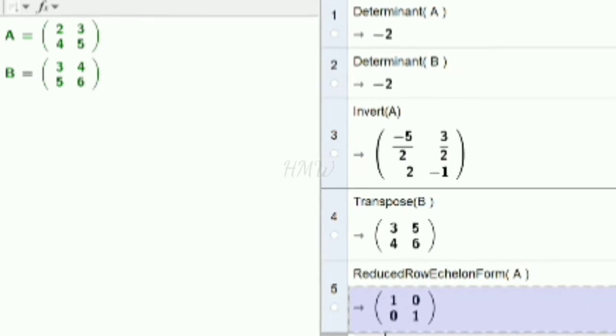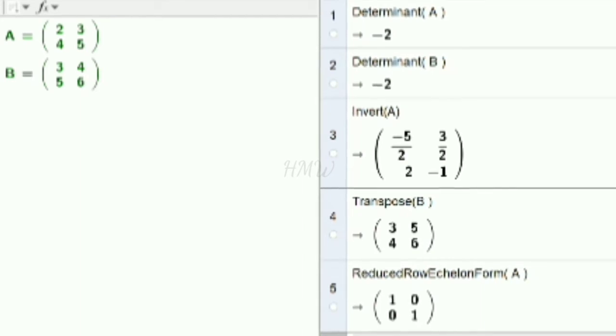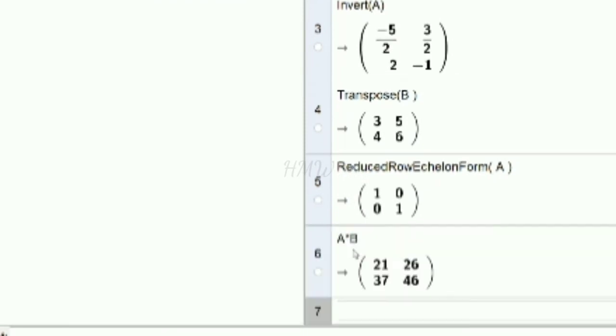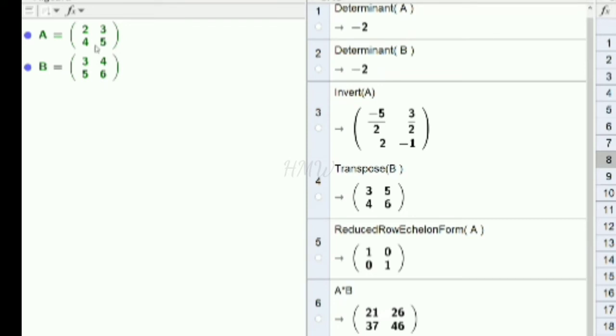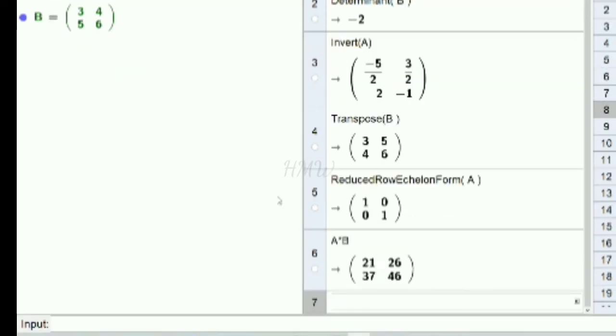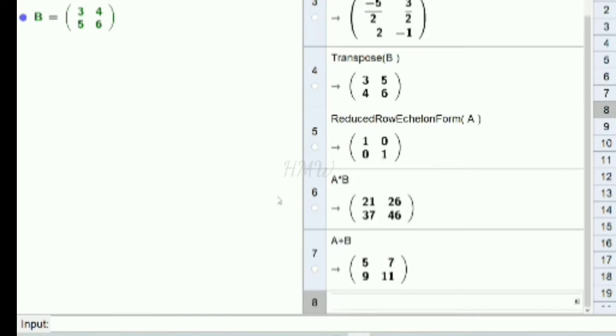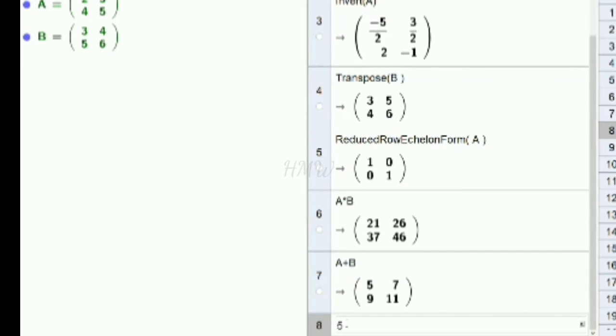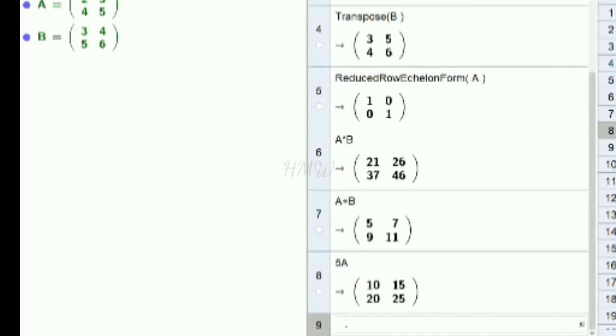Then we can add or multiply. Suppose I want to multiply two matrices, A asterisk B, that will give you the product of these two matrices. A plus B is the sum of these two matrices. Suppose I want to multiply by a constant, 5 into matrix A. So the matrix A is multiplied by 5.